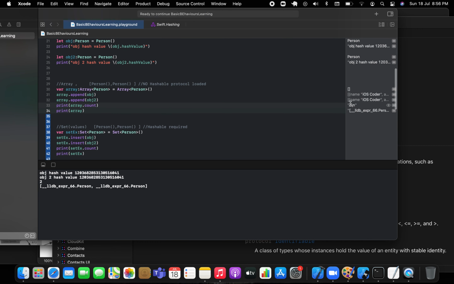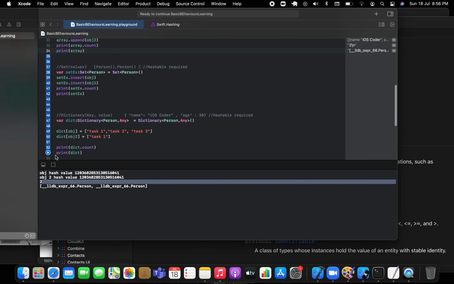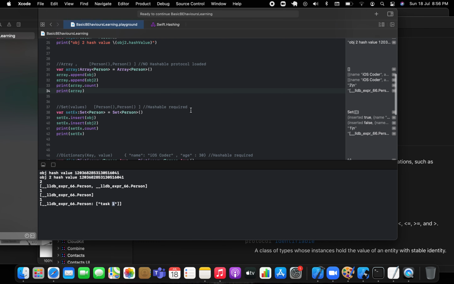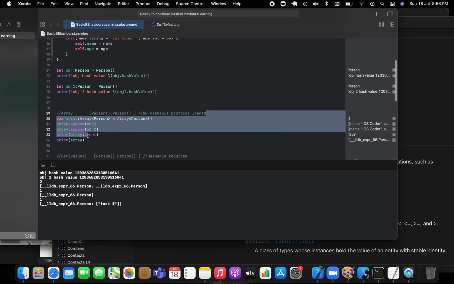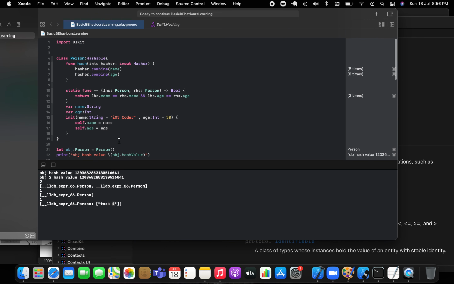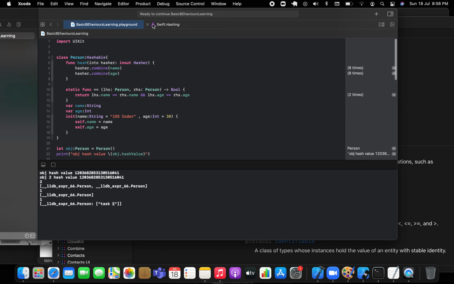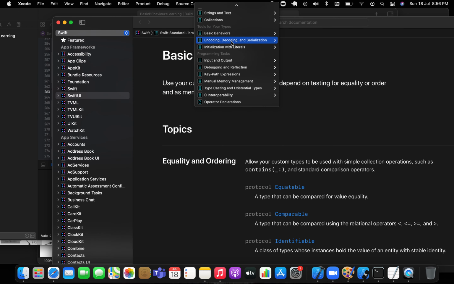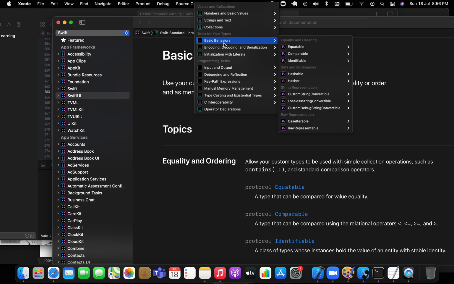So the count is holding 2 objects, whether it is a duplicate or not doesn't matter. But if you run everything, it will go with all the things and 1 item will be there, because it will remove the duplicate values that are the same, whereas in the array it will hold the duplicates as well, right? So you got the whole idea about the dictionary, hashable, sets and all the basic behaviors of the hasher,